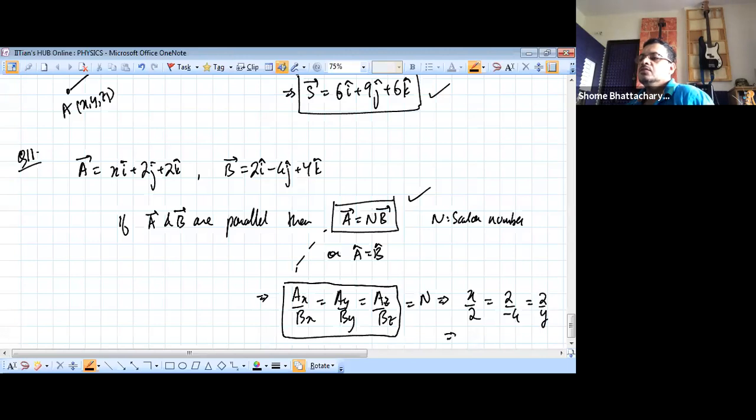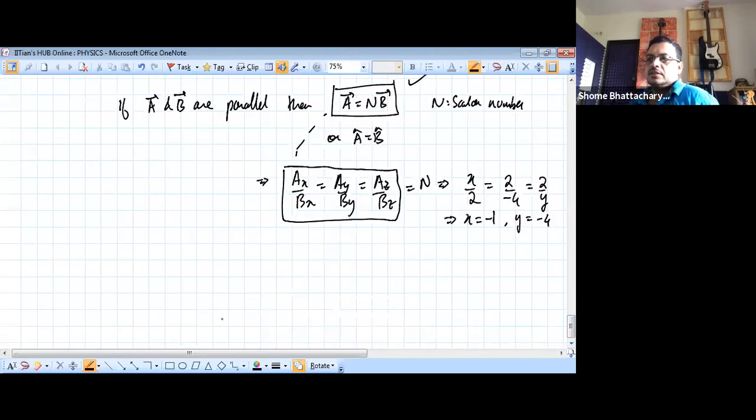So as you can see, x will become minus 1 and y will become minus 4. But just one point over here, actually they will be anti-parallel vectors,